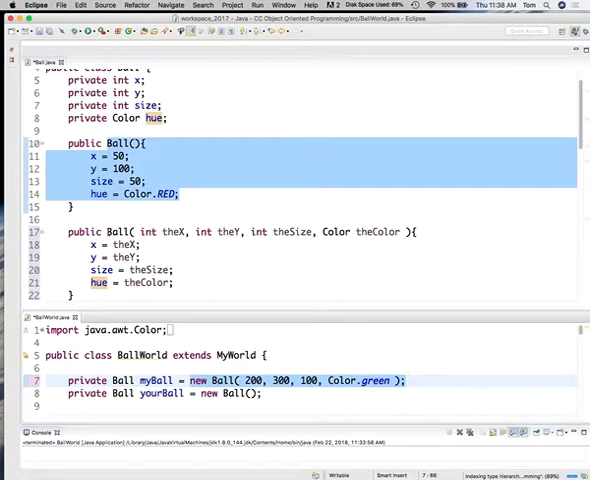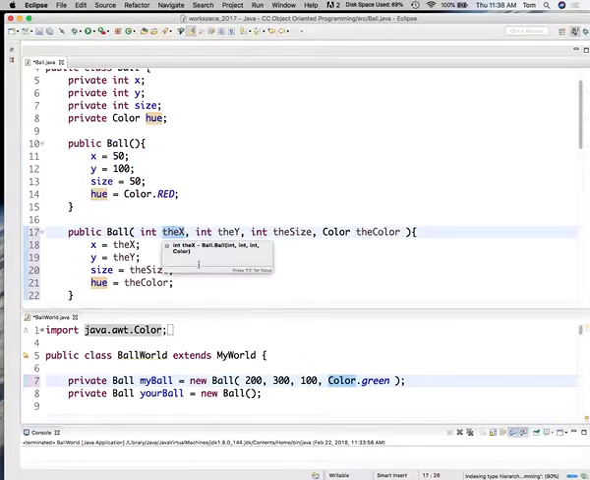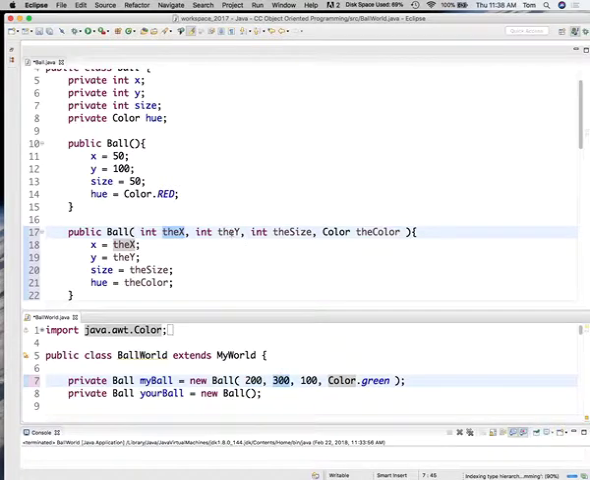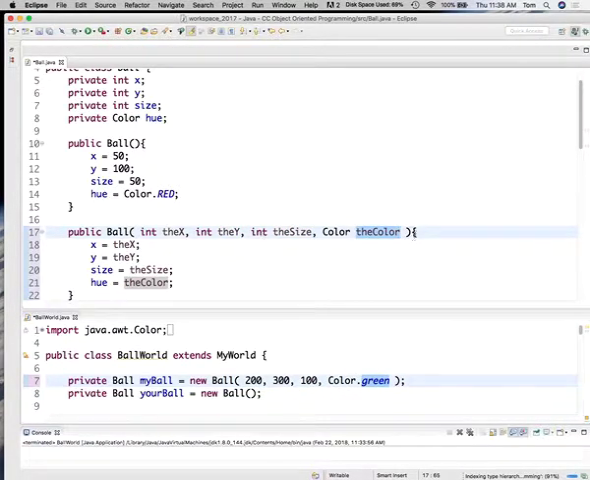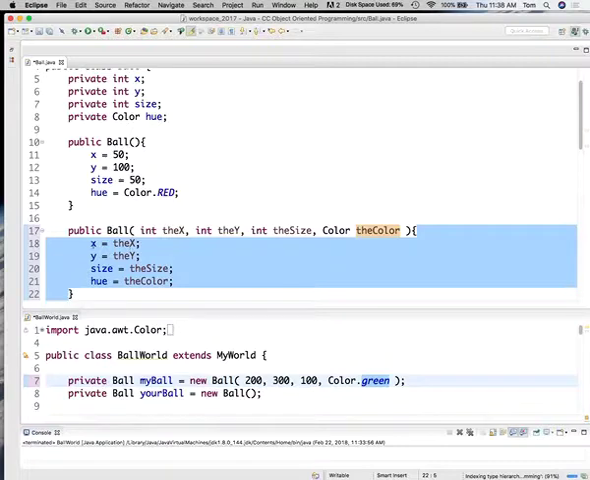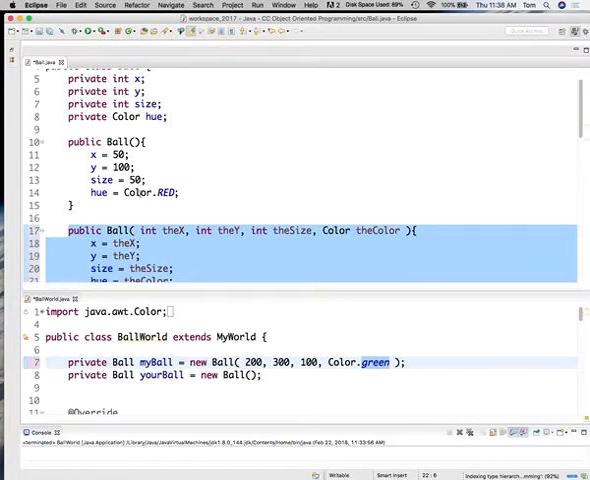What it does is look up here for the constructor that matches, where it's getting an int, then another int, then another int, and then a color, and that's this one. So 200 goes to the x, 300 goes to the y, 100 goes to the size, and green goes to the color. Then it does whatever's inside of here, so it assigns x to be 200, y to be 300, size to be 100, and hue to be green. And so just adding that constructor makes it so that when I